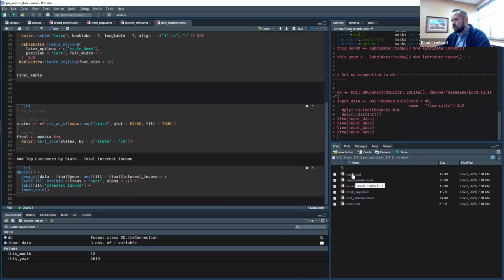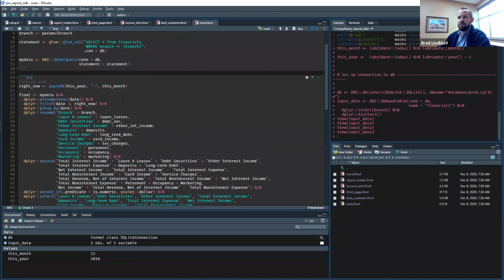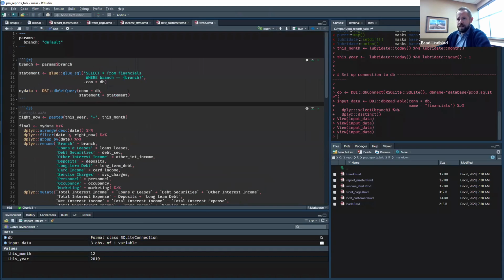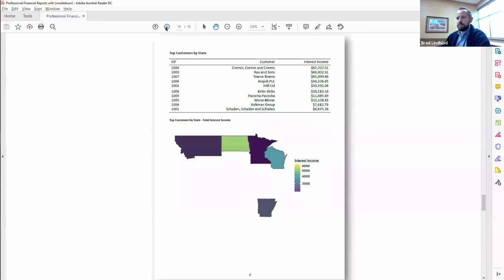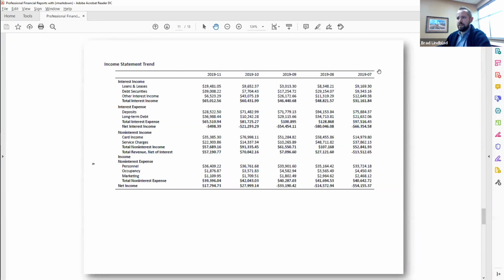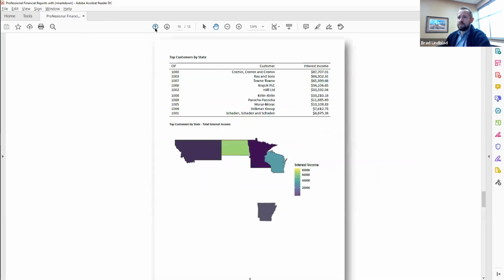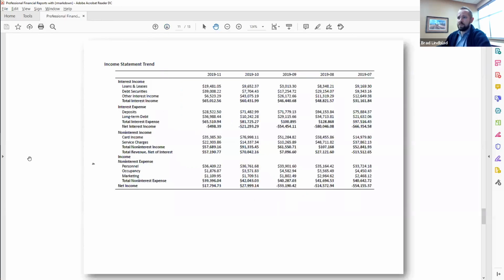So the last important page is the trend, which is identical to the income statement page, but we're just grouping by the date. So we have kind of the way you normally see an income statement with previous months there, so you can look for trends and whatnot. And you will also notice when you look through this that this page is horizontal,